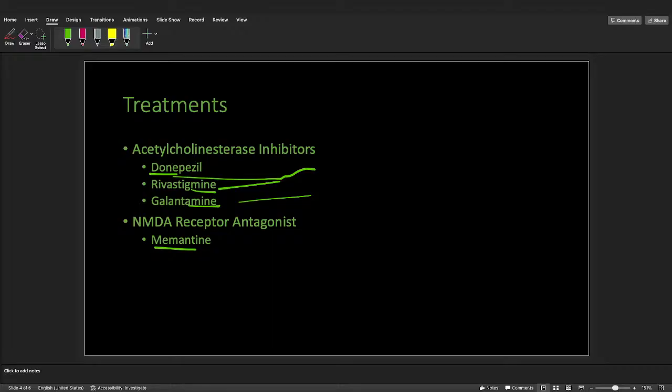Acetylcholinesterase is actually in various areas in the body, and it helps control the overstimulation of acetylcholine. They eat up some of the acetylcholine so it doesn't become too much. But in these cases, with someone with Alzheimer's, we don't want that. We want to make sure we preserve most of the acetylcholine. So that's why these inhibitors are used to prevent the breakdown of the acetylcholine when going from one neuron